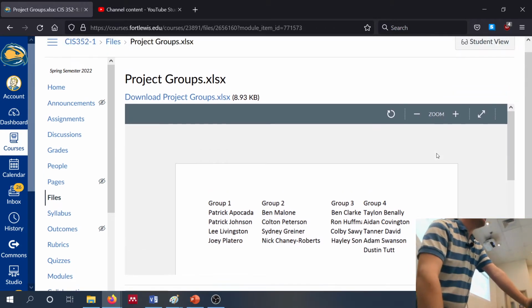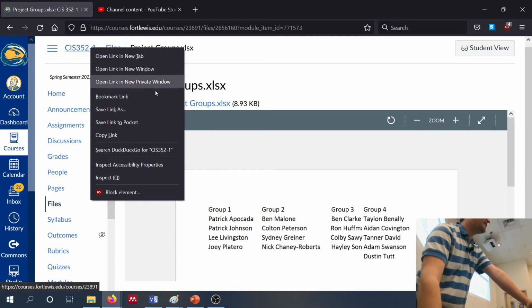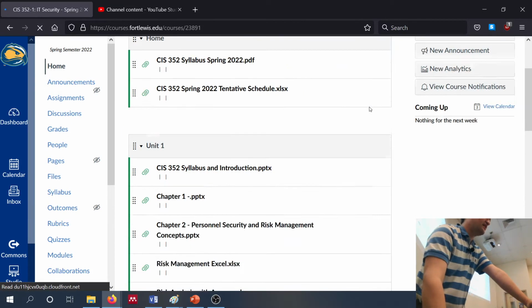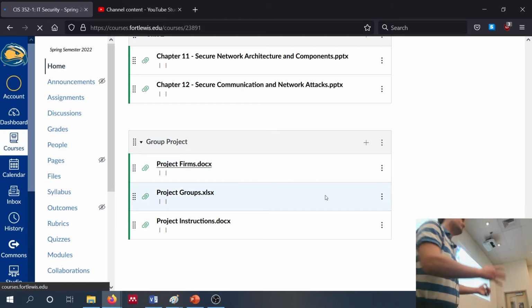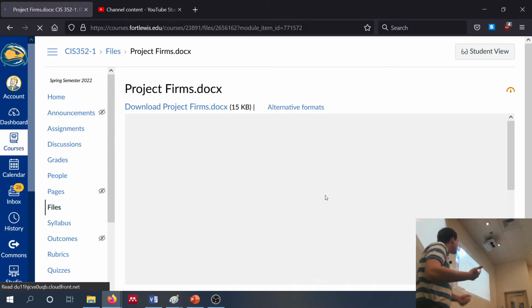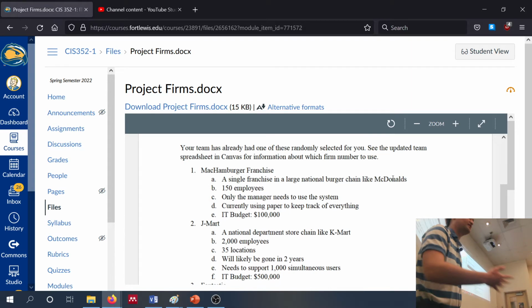We're going to have time to discuss with your group, that sort of thing. But for now, let's go back over to the home screen and look at the project firm. So you remember your group number. This is a document that has your company.